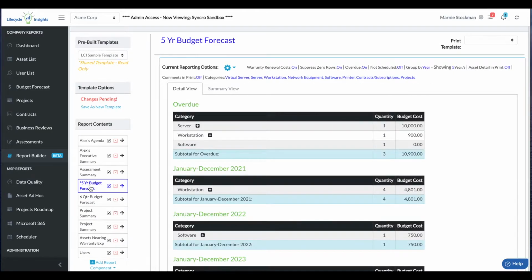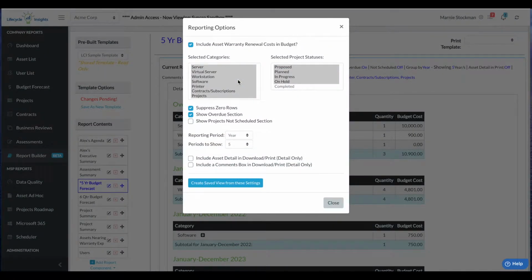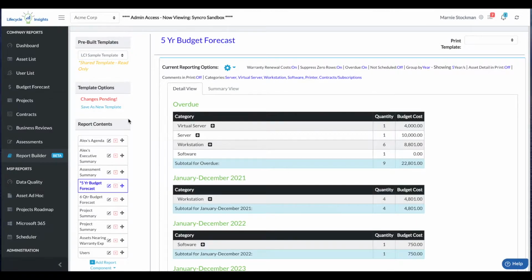But we know we want the 5-year budget forecast. And these are the reporting options that we've chosen. If you decide that's not what I would like my 5-year budget forecast to look like, and you just want your 5-year forecast to include these options, you can select them. And when you do, you'll notice on the left-hand side under template options that it says changes pending. You're now altering the template so that every time you run this, it will have that setting for the 5-year